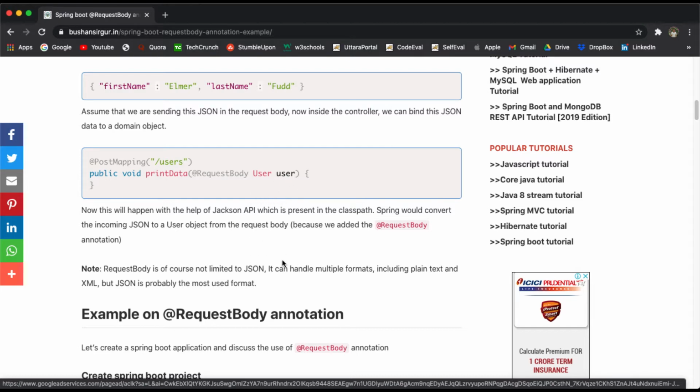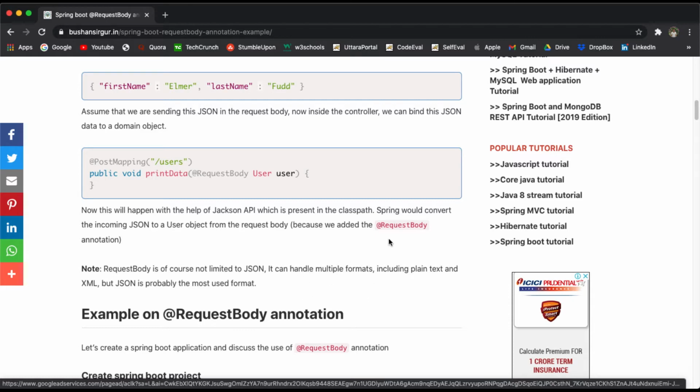Internally it uses the HTTP message converter, and through that it binds the data to the domain object. And the request body is of course not limited to JSON. It can handle multiple formats, including plain text, XML, and everything. It's not specific to JSON.